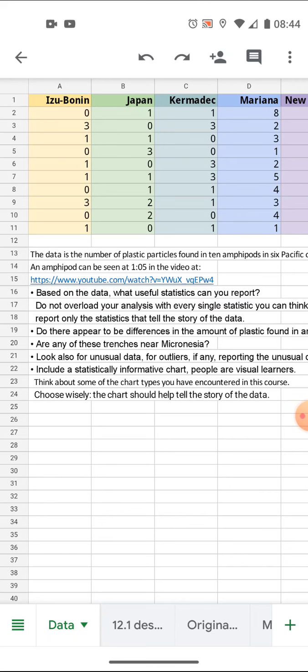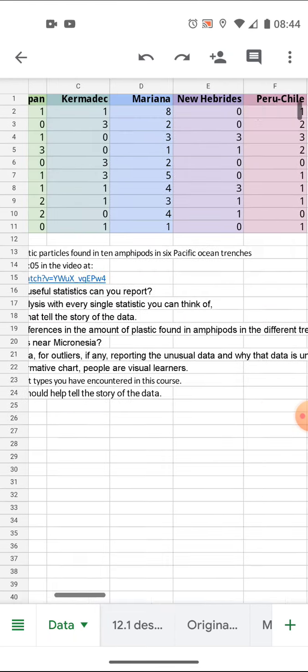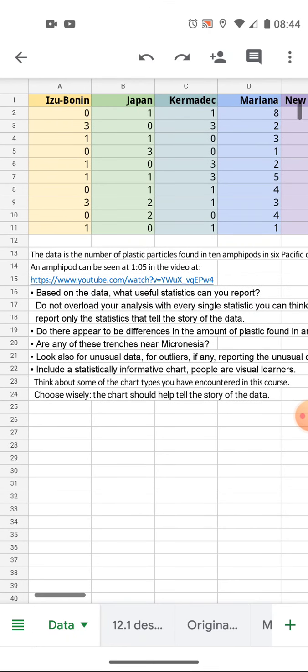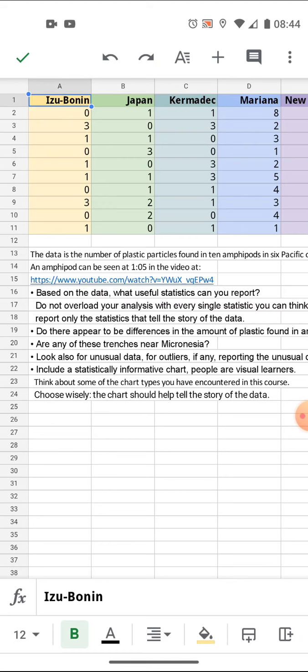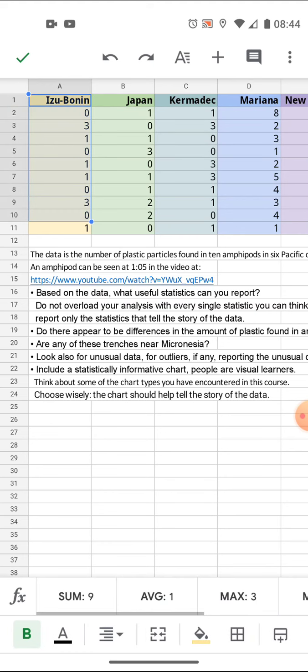In this open data exploration exercise, you have data on the number of plastic particles found in 10 amphipods at the bottom of 6 trenches in the ocean. There is a video. I'll get that. That's linked here in this data spreadsheet. This data spreadsheet is provided in the exercise, but this data is